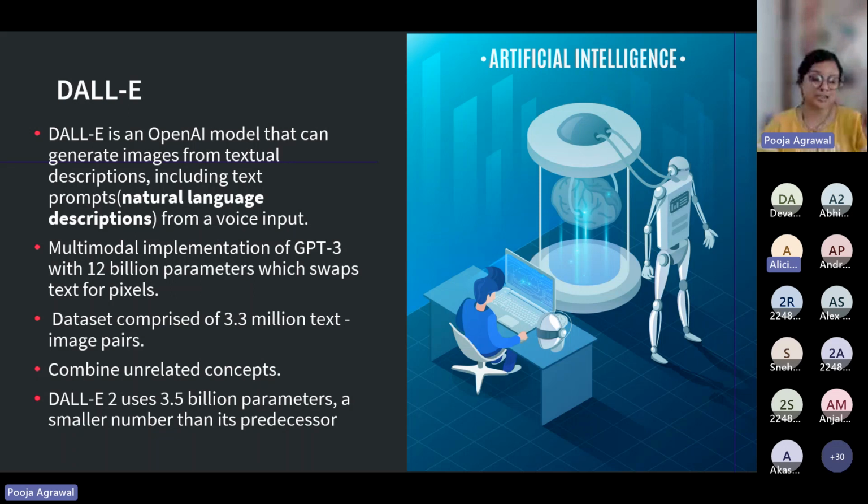So the description has to be as detailed and as specific as possible. I'll showcase what difference it will make if we don't detail and if we detail it.